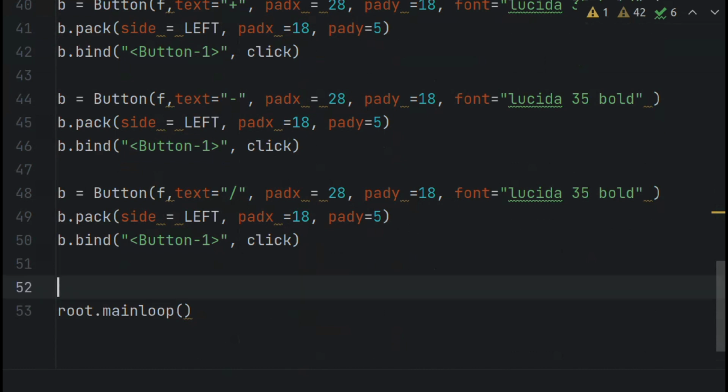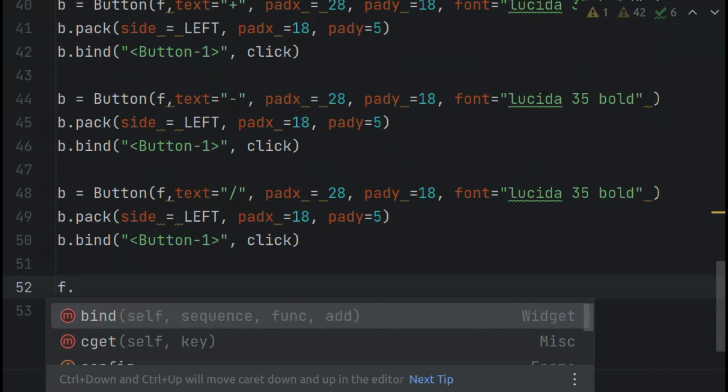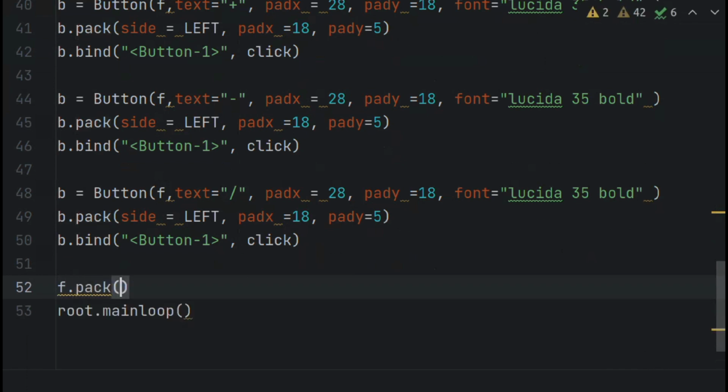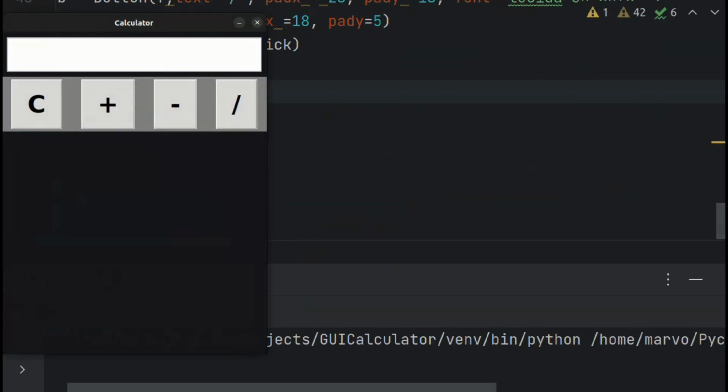Let me see. I'm going to use an f.pack. So you can see I had omitted the f.pack. So what does the f.pack, or the pack method, as I've said, do? It is used to add a widget to its